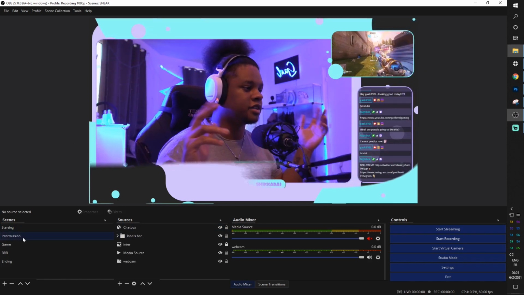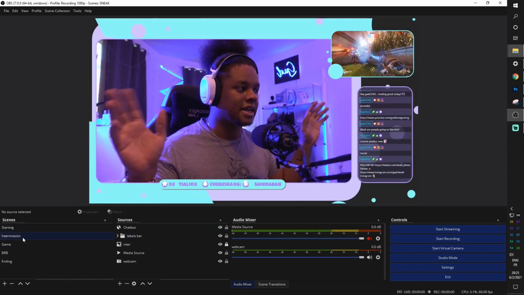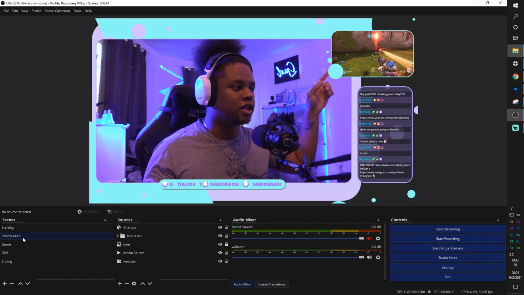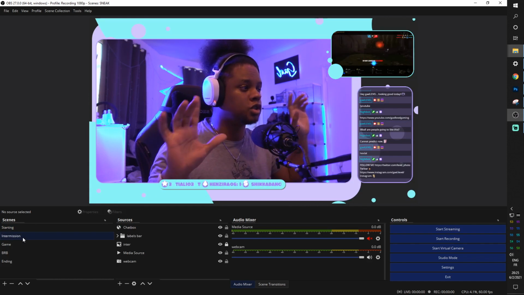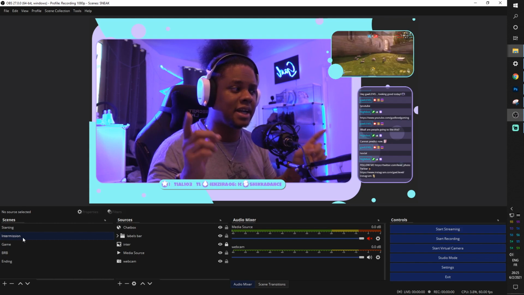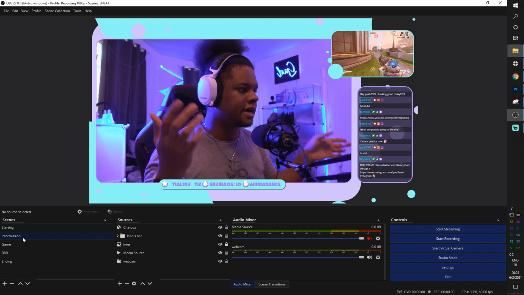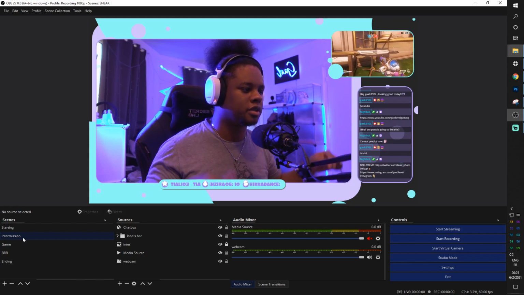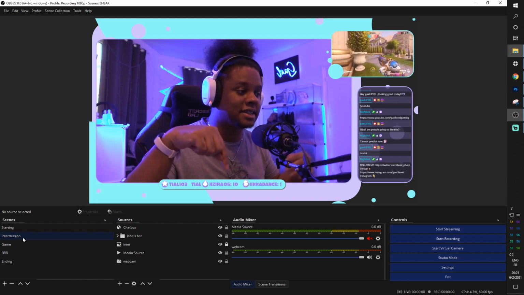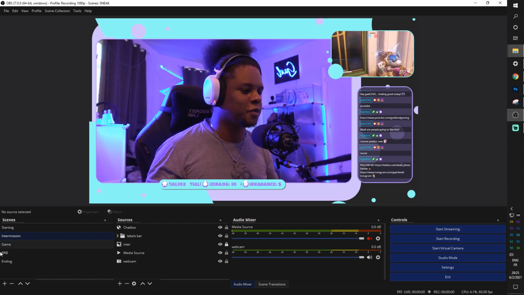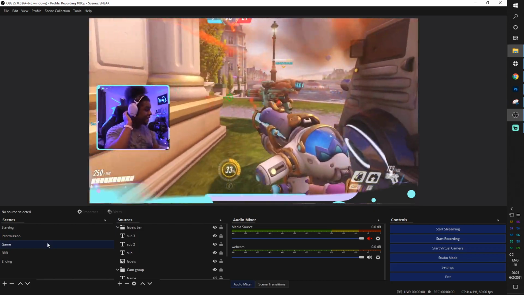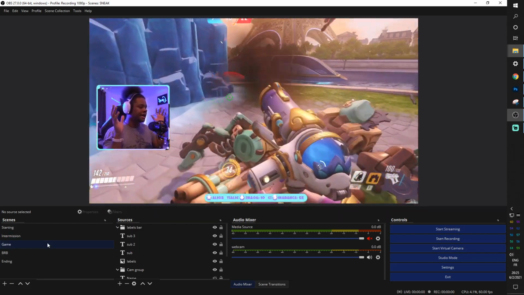This is the intermission screen. As you can see here, we have my camera, and then top right you will have gameplay. You can actually swap those because they're both 16:9, I believe, and on the right is where your chat is supposed to go. The labels bar is down there, but since it's separate, you can actually put it wherever you want, really. Let's go to the game scene, and here we are in the game scene.